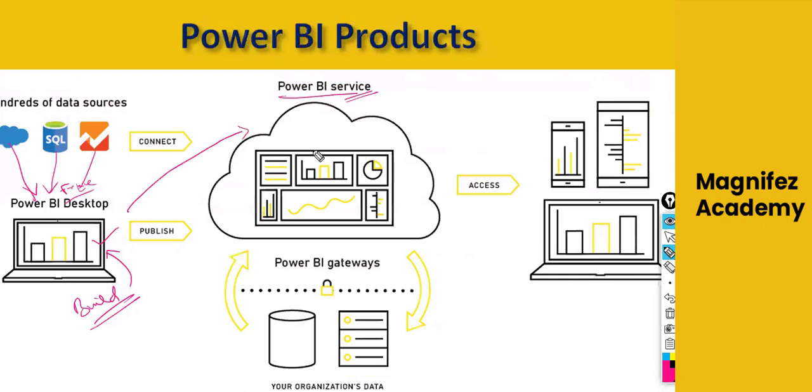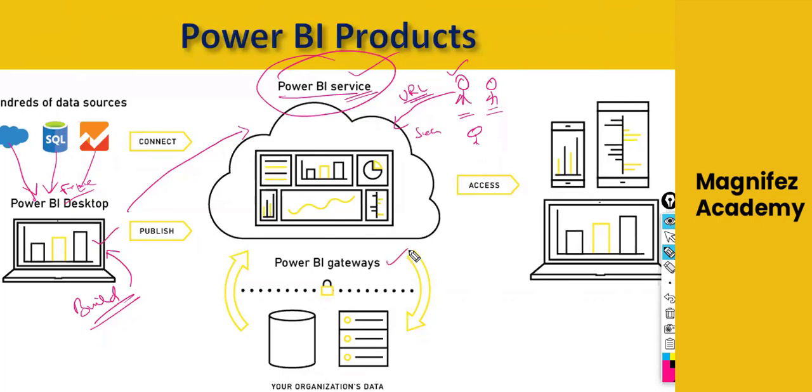Power BI service is a place where you can publish, and your end users can access the visualization just by typing the URL. That means they need not install anything on their machine. Simply they have to type the URL and they will get the visualizations. Now you can ask the question, do you mean anyone, any outsider also? No. We can define the security. We can define who can access and who cannot access. All those things we can take care of with the help of Power BI service. Power BI service is a platform which will help you host the visualizations and enable the end users to play with the data.